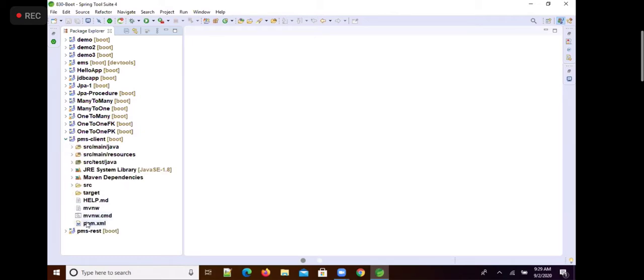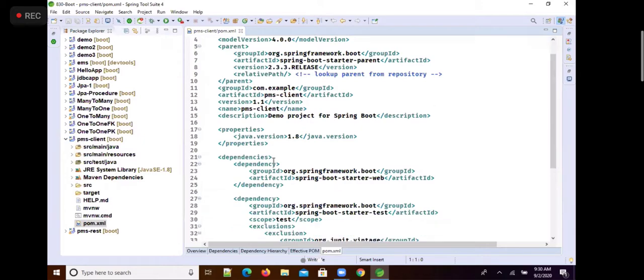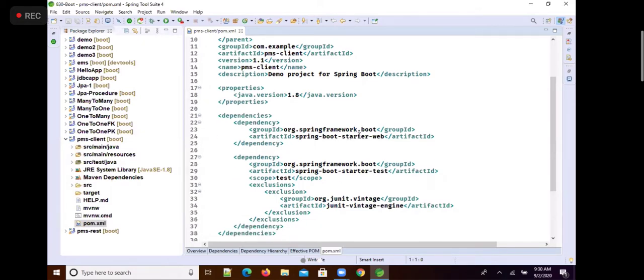Actually first I would like to open the pom.xml. So I have opened the pom.xml file. Clear, I have opened pom.xml. Now see in the pom.xml we have already web dependencies added.